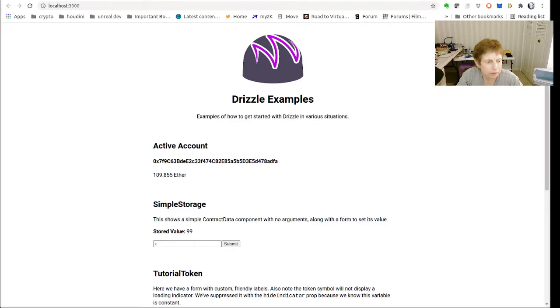Let me see if I can bring this up. Oh, you're seeing it. So you can see this gives you a very nice interface without a whole lot of